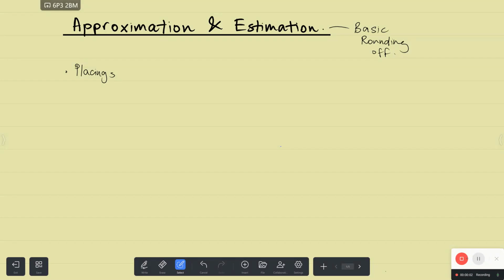However, in this video, we'll be going through approximation and estimation, and I'm going to do some basic rounding off ideas. So these are things that you've done in primary school. So we're going to revise the thing called place values. So first of all, we have this number